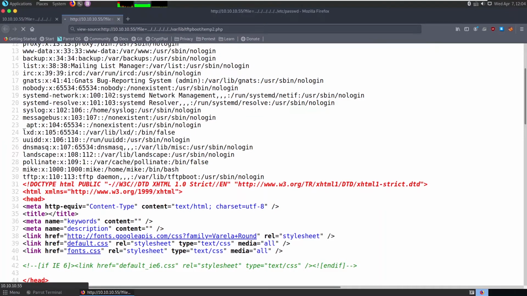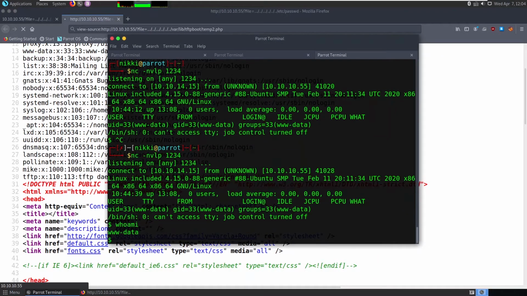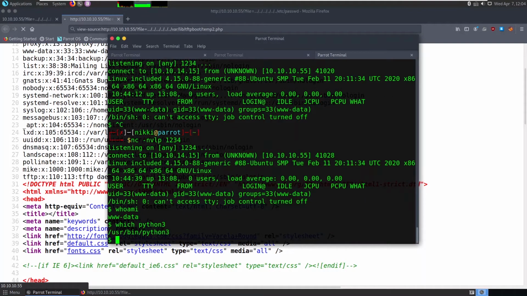So now hit enter. So the page will load. Meanwhile, we get the connection. You can say whoami. So this is www-data. So we can upgrade to the TTY shell, which uses Python 3. So there is a Python 3. We can write the command python3